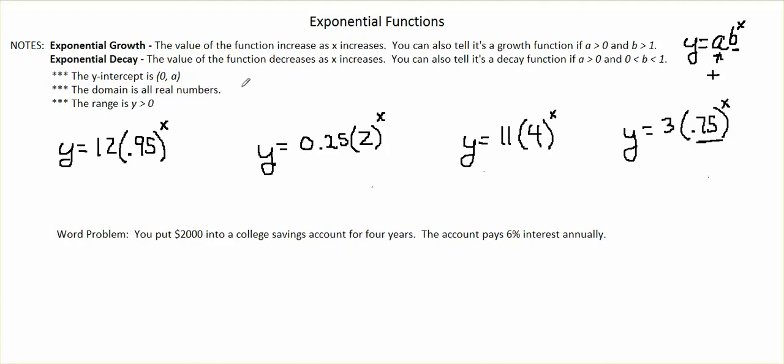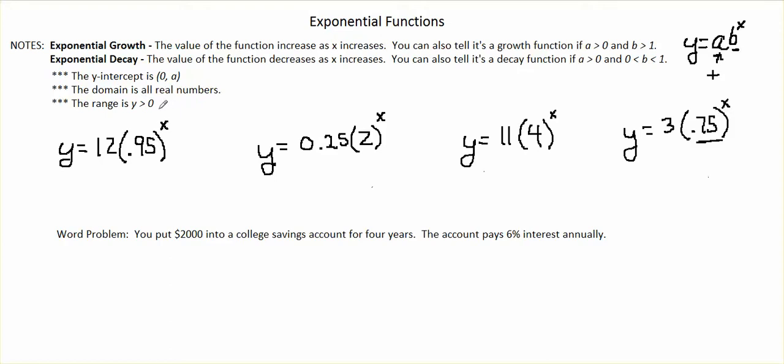The domain for an exponential function is all real numbers because I can plug in negative numbers, I can plug in 0, and I can plug in positive numbers for an exponent. And then the range of any exponential function that has not been translated or transformed is going to be y is greater than 0, because as you saw in our graph, it always lied